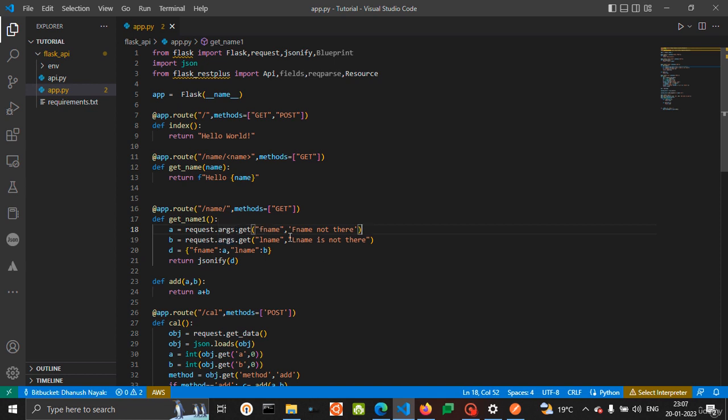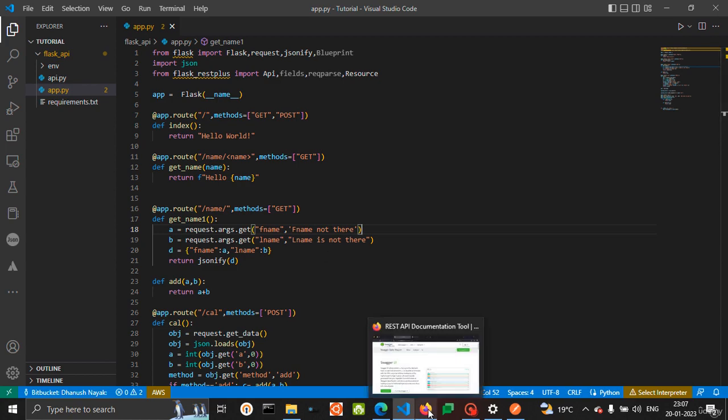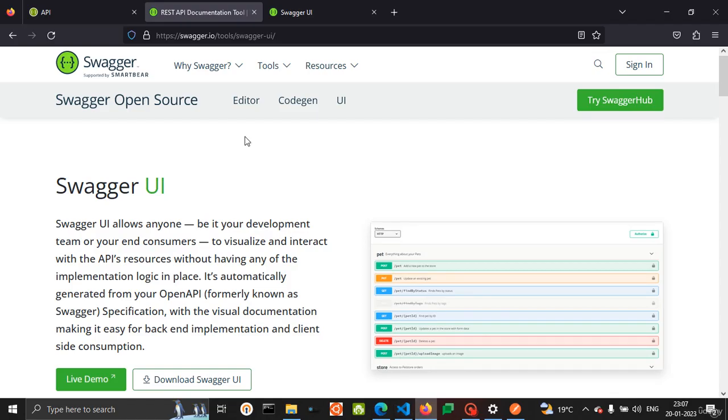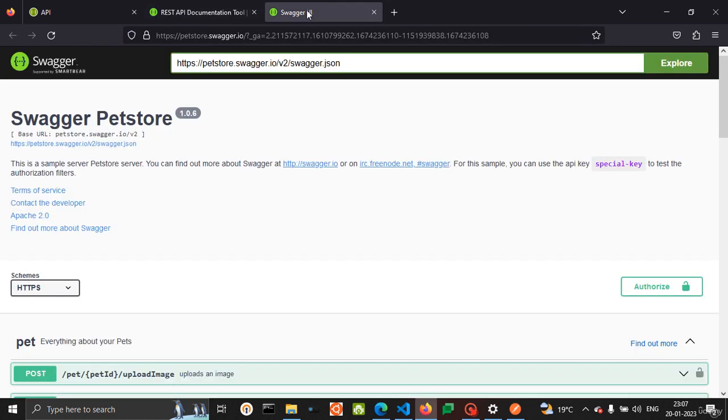So let's go to the web and see what that Swagger is. Swagger is a UI where you will have a list of all the APIs that you have mentioned in your code, their functionalities, what the purpose of each is, and the description of each endpoint. We will have an entire description and collection of the APIs for that specific project. And how does it look? This is one of the Swagger